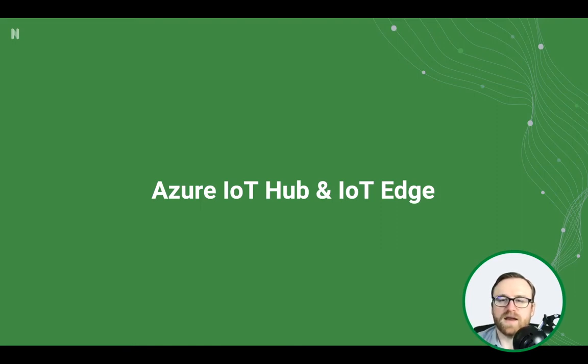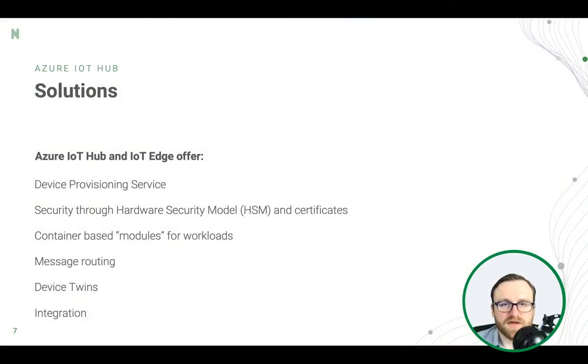Azure IoT Hub and IoT Edge. Over at Microsoft, they have helped us along with some of these problems. They provide a device provisioning service and security through their hardware security module and certificates. This helps us with device security and ensuring that the workloads are verified workloads. This helps us on the cloud end by ensuring that only the devices we have provisioned are devices that are